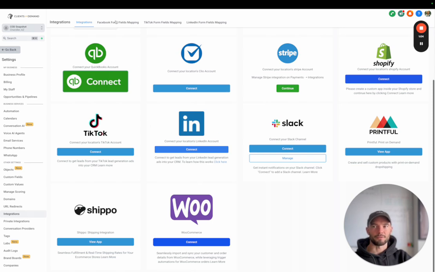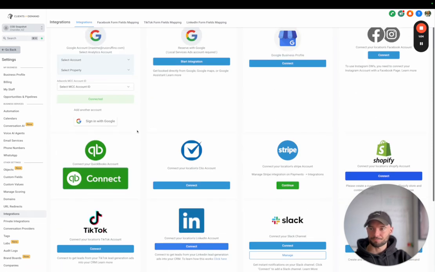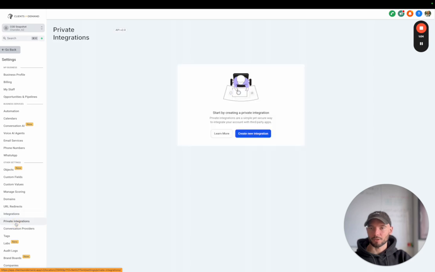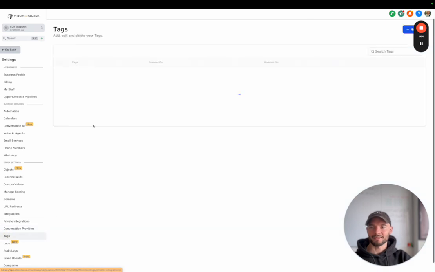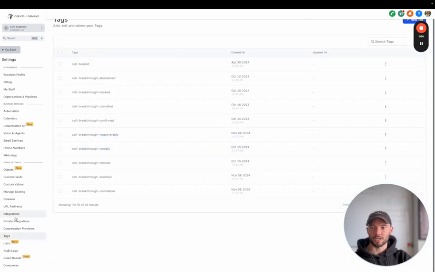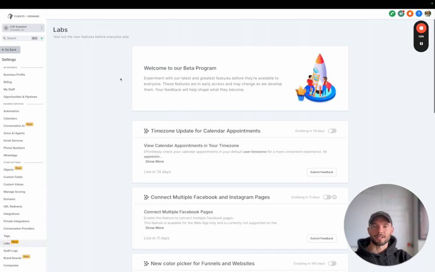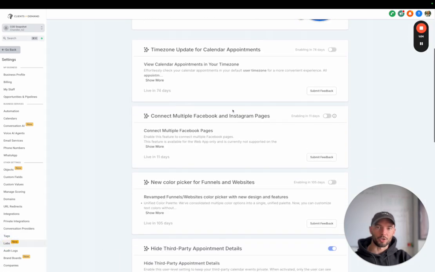So this is more for like lead forms, as you can see here, just like Facebook. Private integrations, I never use this. Conversation provider, I never use this. Tags, that's all the tags that people are going to have based on the actions that they take with your business. Labs, this is where you can turn on different things for new feature that the software is